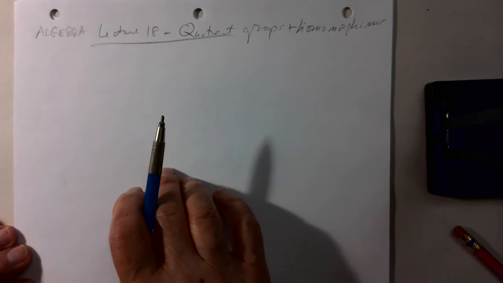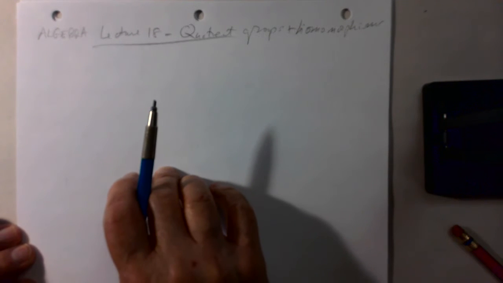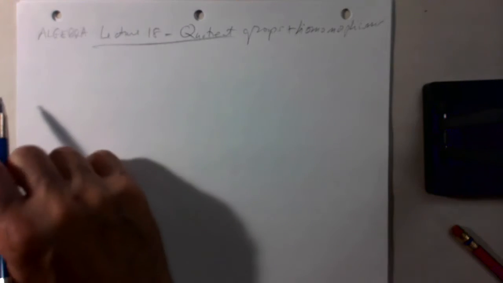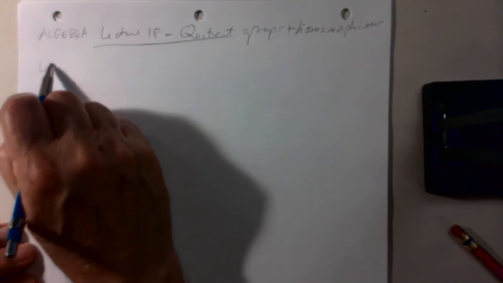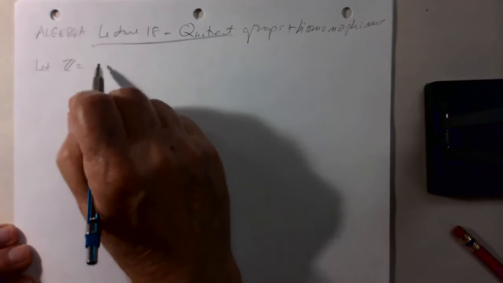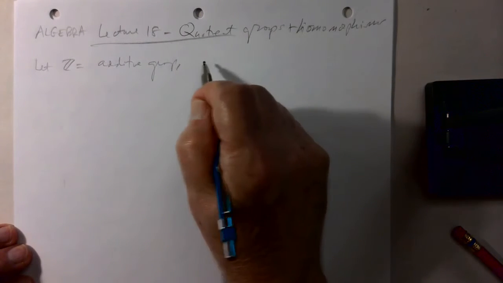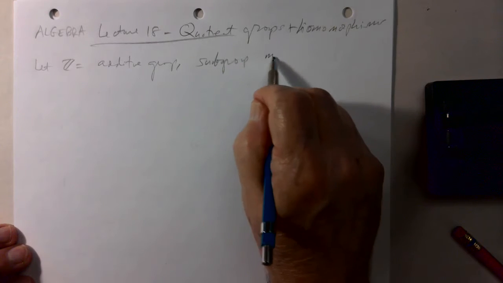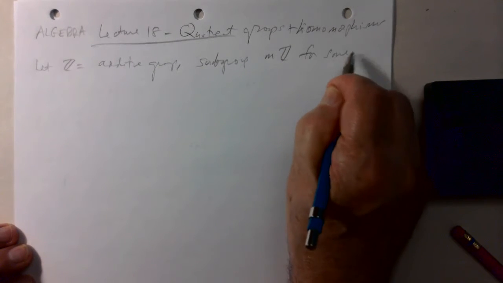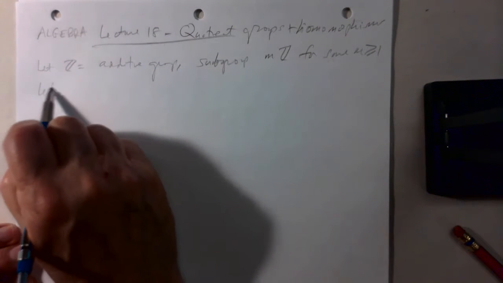So we're going to go over again the construction of a quotient group and show how these are related to group homomorphisms. So the idea to have in mind is congruence classes. So we let Z be the additive group of integers. Every subgroup is of the form mZ for some positive integer m, and the left cosets